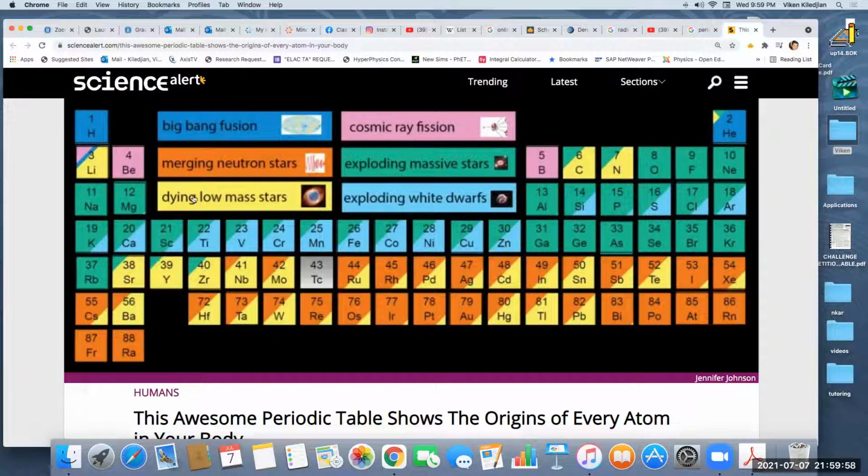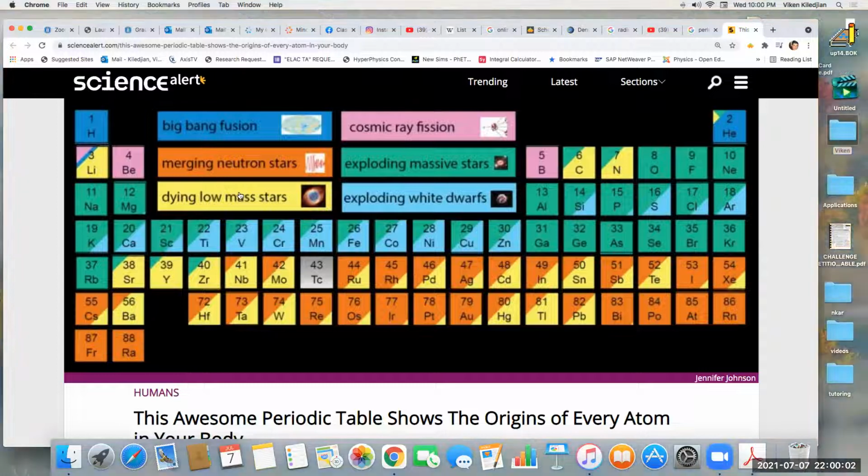They're calling all of those low mass stars, in other words, all those stars that end up as white dwarfs. Including our sun, up to 10 times the mass of the sun, they created these elements of the periodic table: lithium,